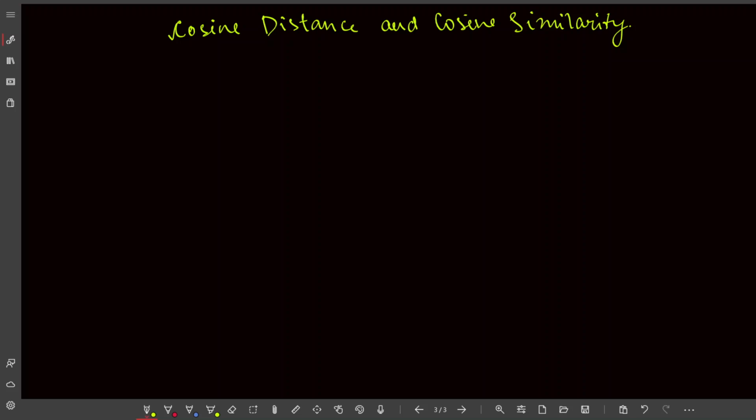Okay, so in this video, let's understand what the cosine distance and the cosine similarity are. This is a very, very important distance measure, cosine distance. It's used extensively in data science and machine learning. And yeah, so let me first, before we even dive into what cosine distance is and how it is different